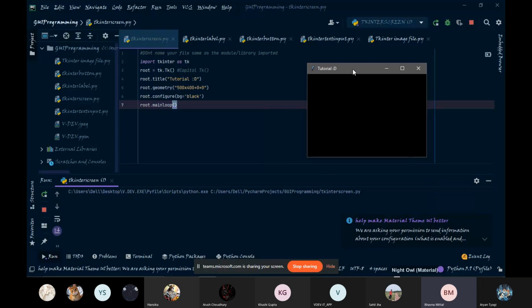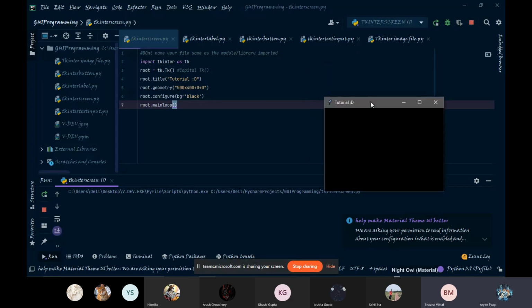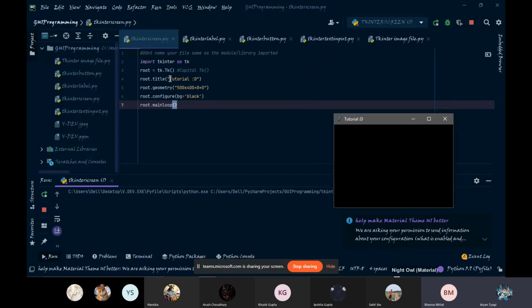Which will not change, so you cannot drag to increase or decrease the size of the window lengthwise as well as breadthwise. So Aryan, what is that setting? Is it there in geometry only? Ma'am, I think so. I have never explored that setting as I never needed it. Okay. So I will send it in the link. Yes, you can continue. Okay, ma'am.